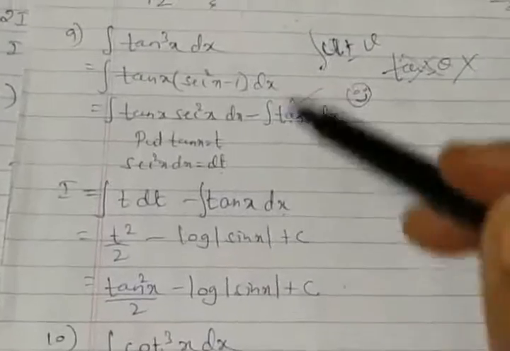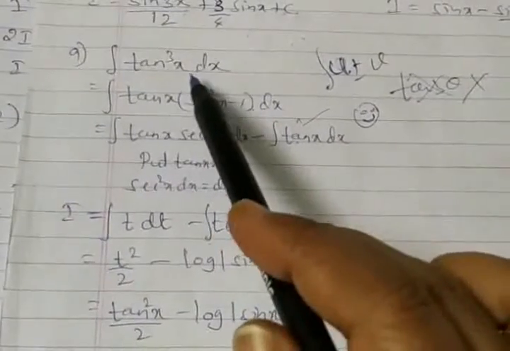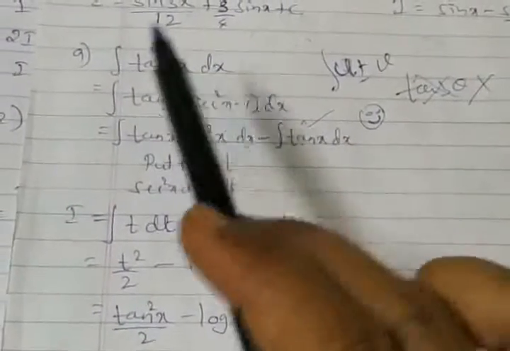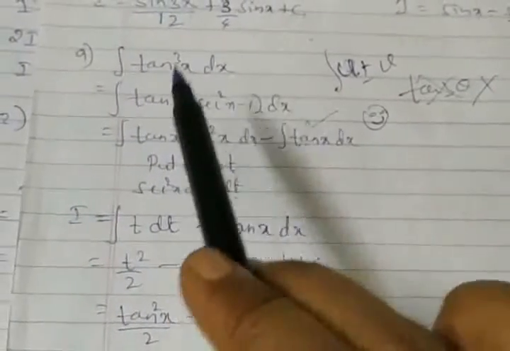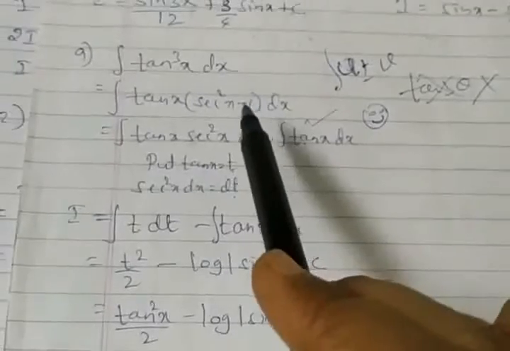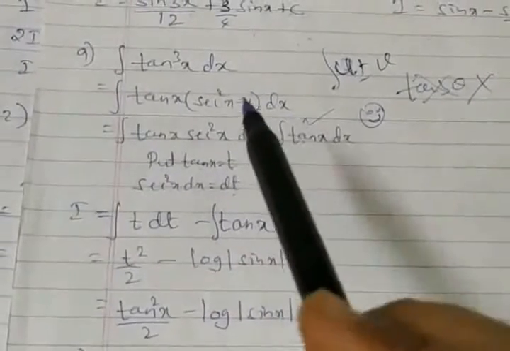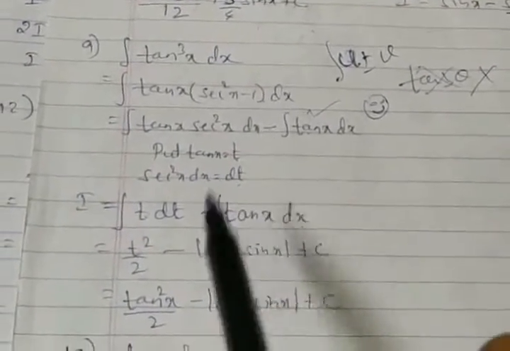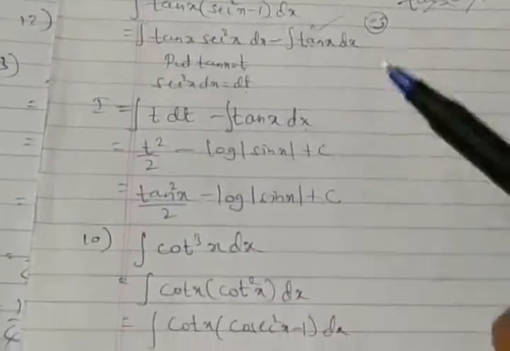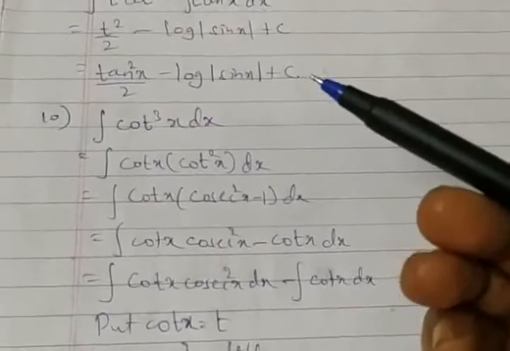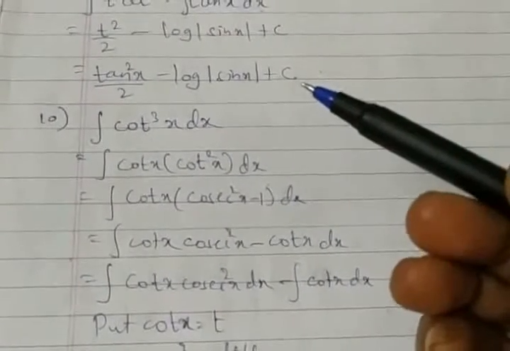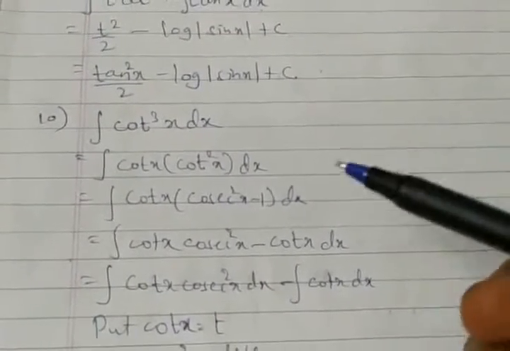So this method, remember how to integrate tan cube x. Tan cube x is taken as tan x into tan square x. Tan square is taken as secant square x minus 1. Then term by term multiplication will modify the function to a standard result to be remembered. These steps you can remember. You can have your own steps and your own explanation for this, and you can remember it accordingly.